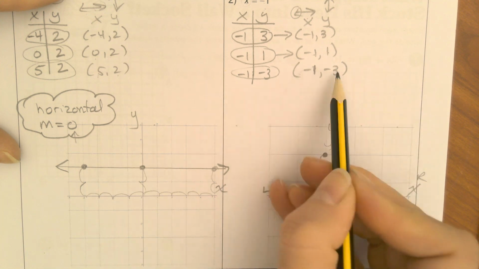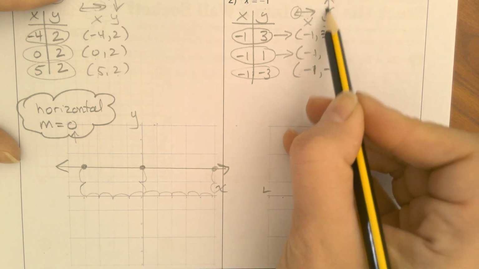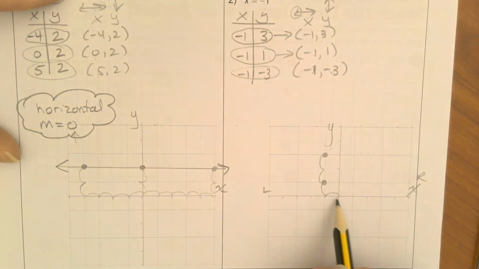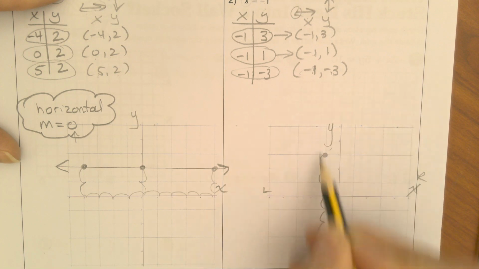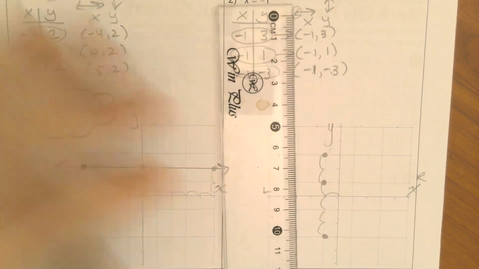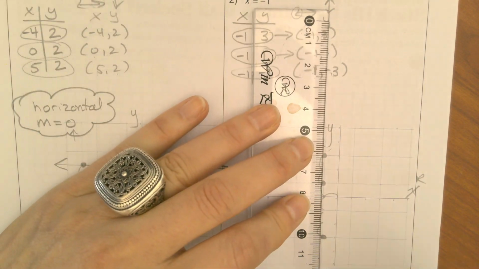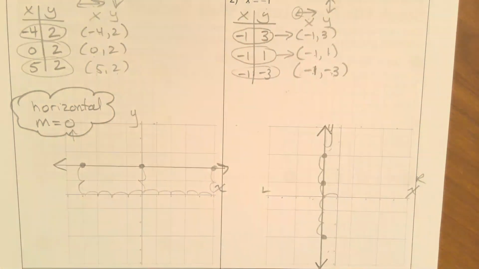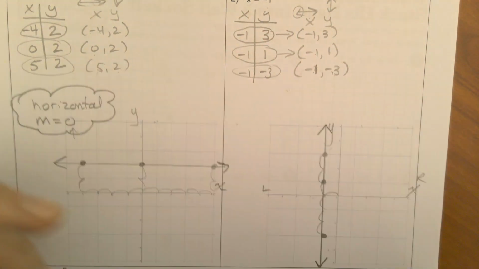Left 1, down, because this is about up and down. This is negative, down 3. So left 1, down 3. So you can see there's a nice line. All my points are in a line, which means I did it correctly. So now looking at page 6,